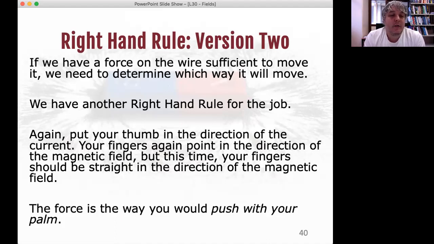In this case, we use another right-hand rule, and you put your thumb again in the direction of current, but this time you point your fingers straight in the direction of the external magnetic field. Right, so when they were curved, it was telling you the magnetic field that was resulting from the current. This time, instead, we use the fingers to represent the direction of the external magnetic field. And the way that you would push with your palm is the way that the force will be applied to